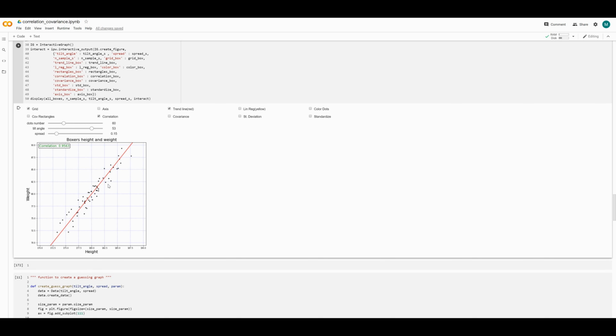So here we have 53 degrees of slope, and the correlation is 95. If we were to go up to 83, for example, the correlation would drop dramatically, okay? If you were to go very close to 0, the correlation would also drop dramatically. And the spread of the data, the average distance from the red line, didn't change. So you have to be careful. If you have a very flat or very upward line, the dots must be even closer to the red line to have a bigger